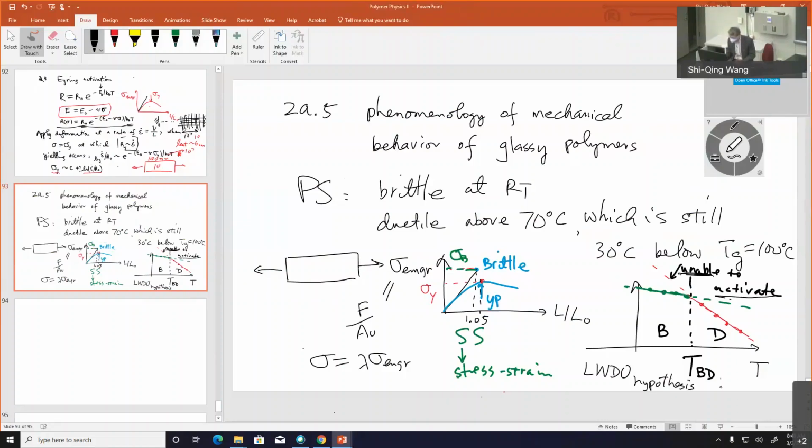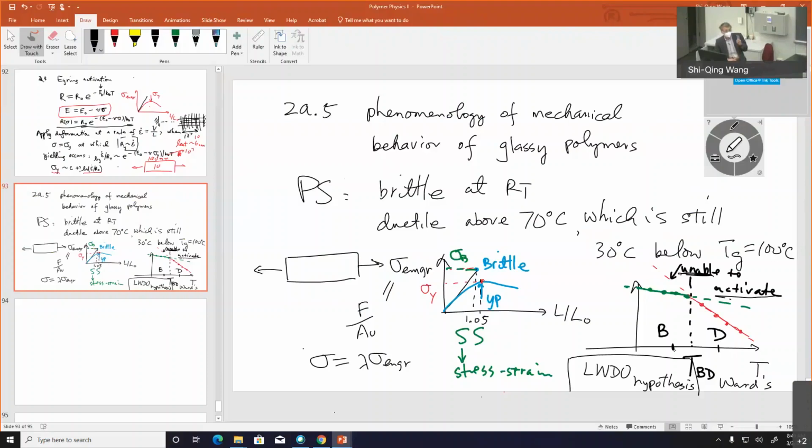If you want, you can go to Ward's book on mechanical properties of solid polymers to find out more about what this is. But basically, I would say we try to understand this brittle-ductile transition in this primitive way by assuming that somehow, magically, no matter whether your temperature is here or here,